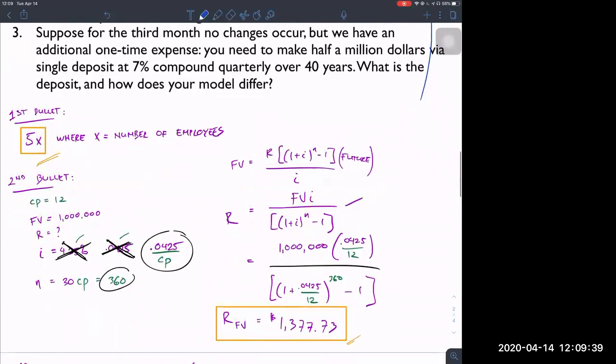So it says, suppose for the third month, no changes occur, but we have an additional one-time expense, right? So now I'm telling you, hey, there's something different going on now. And what is it? You need to make $500,000. So you can see we have a goal again right there. What's the difference though? There's a single deposit. So the moment you read something like this, right? You know, this is one time,